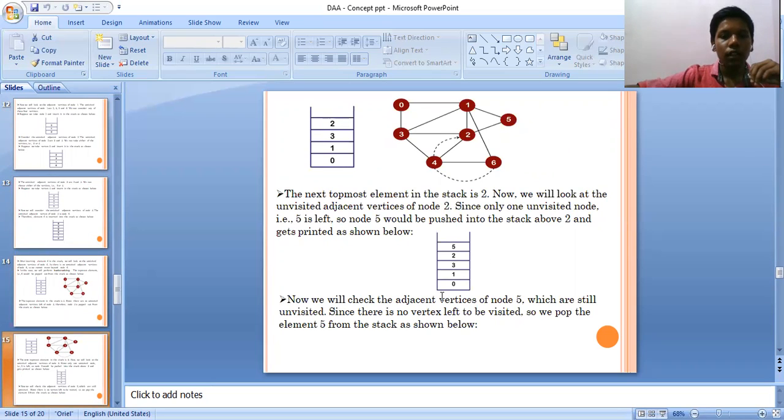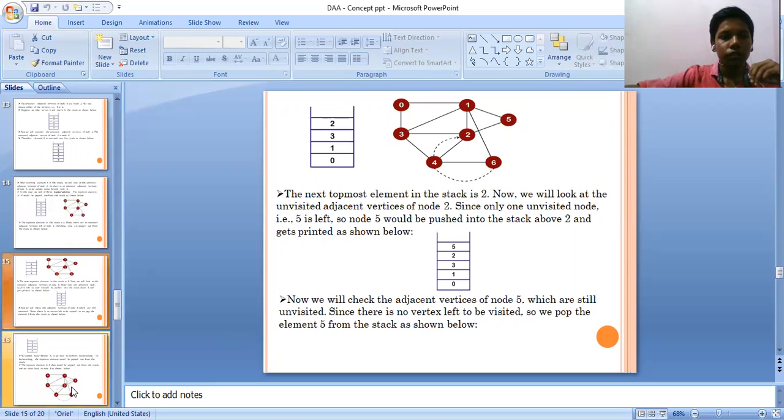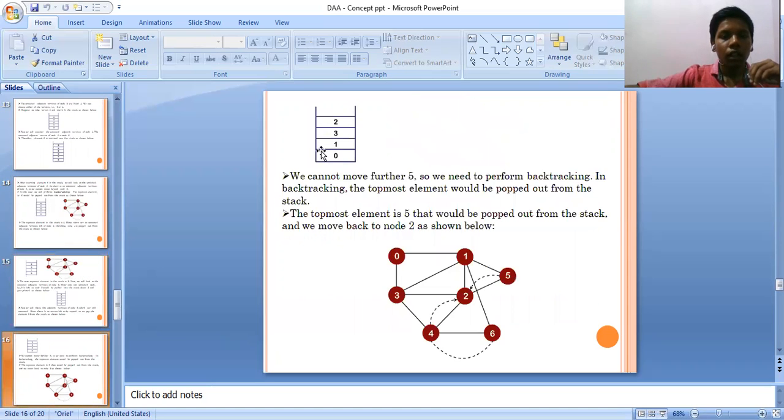Now we will check the adjacent vertices of node 5 which are still unvisited. Since there is no vertex left to be visited, we pop the element 5 from the stack as shown below. Here we cannot move further from 5, so we need to perform backtracking. In backtracking, the topmost element would be popped out from the stack. The topmost element is 5, that would be popped out from the stack, and we move back to node